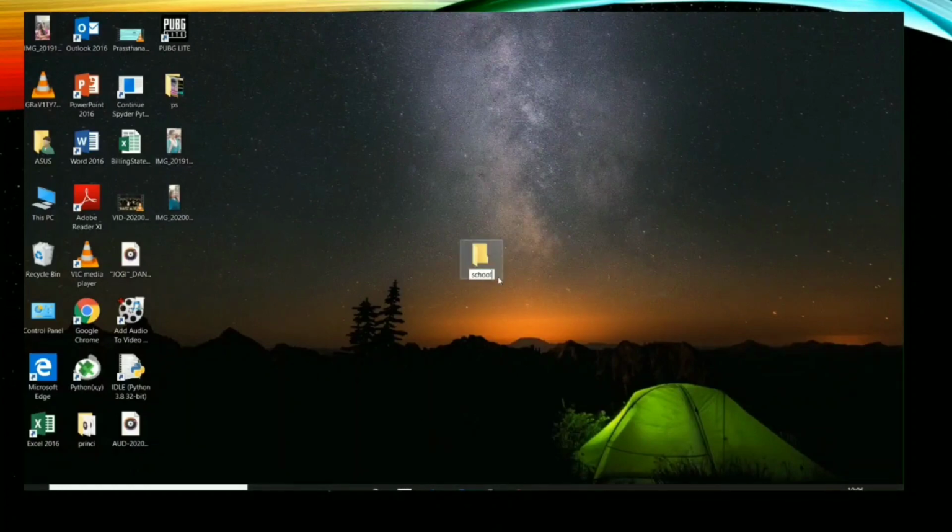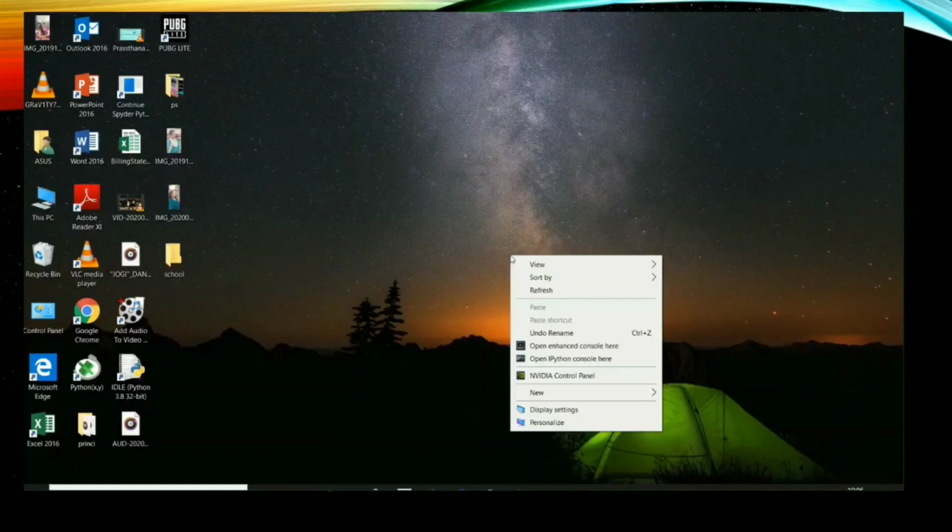Only these 3-4 steps help you to create a new folder. What have I done? See, right click, new,